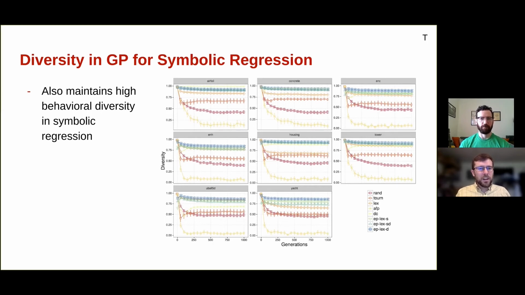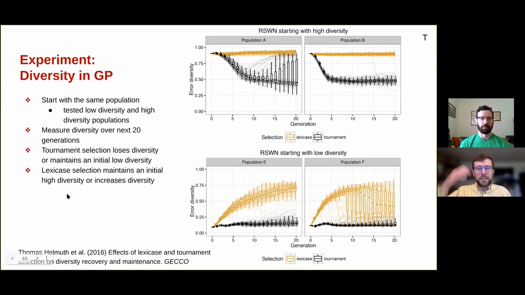Now, one other piece here that I find interesting is that we see that in long-term genetic programming runs, we see high levels of population diversity with Lexicase selection. But what does Lexicase selection do on specific populations? And so we decided to do some experiments where we ran genetic programming using different parent selections starting from the exact same population. So here we have 4 different populations as starting points, with different random number seeds running different selections